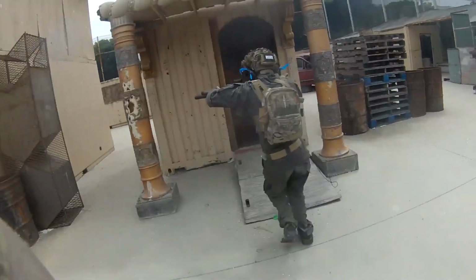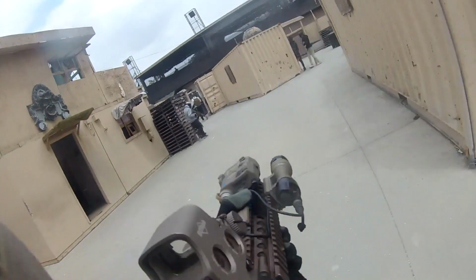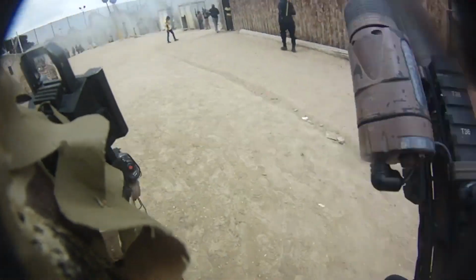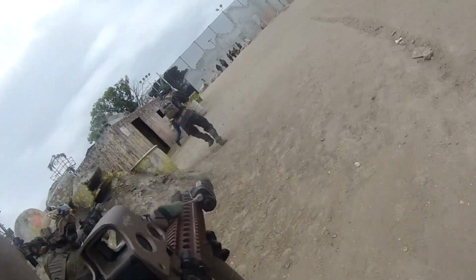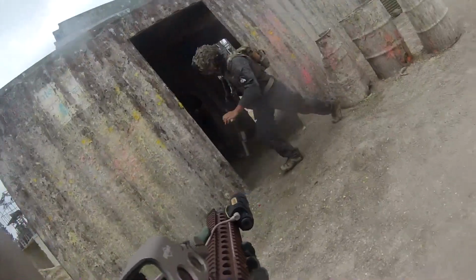Well, that about covers everything to fully upgrade your Recoil Shock 416. This was a semi-budget build, so if you want the absolute best parts in your gun, just stick with Prometheus and everything you put inside. Following this guide, you will have an amazing recoil shock build that will be putting out over 380 FPS with durable internal parts and a trigger response that will outperform most guns on the airsoft field